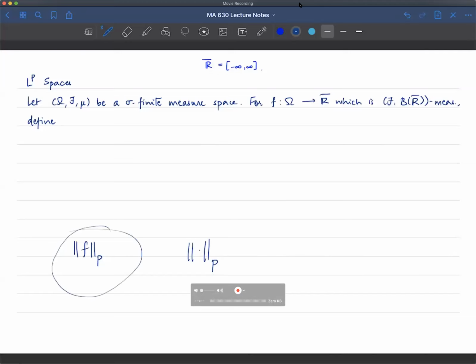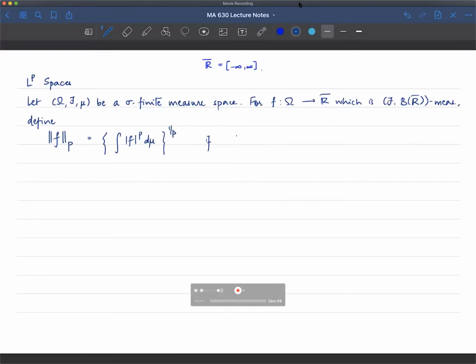Remember, a norm is just a length. Norm is another name for length. But at this point, we don't yet know that the quantity we're defining is actually going to be a norm. So here's what we do. We'll define this symbol. This looks like the p-norm of f, but again, we don't yet know that this is a norm. We define this as follows. This is defined to be the integral of the absolute value of f to the pth power d mu, and then we take the pth root of that. This is if 1 is less than or equal to p strictly less than infinity.